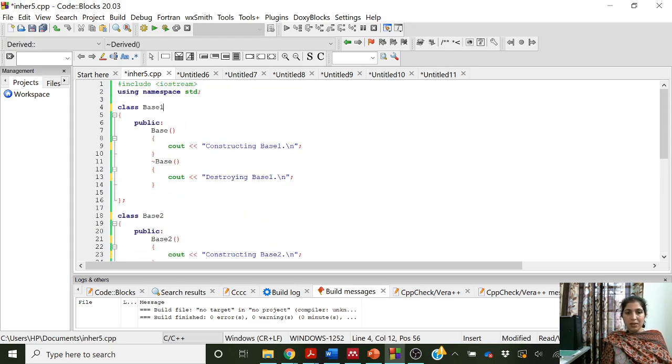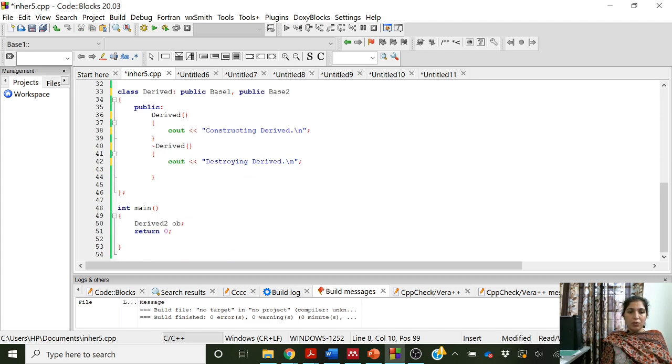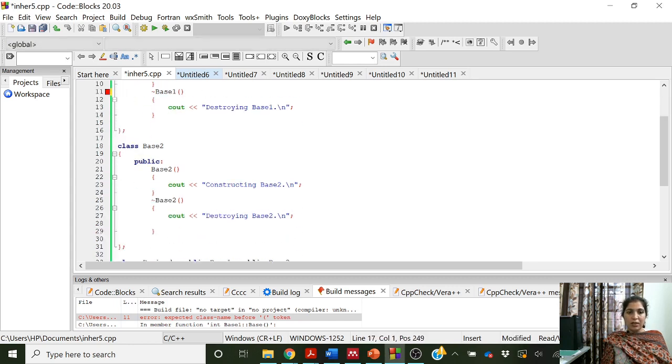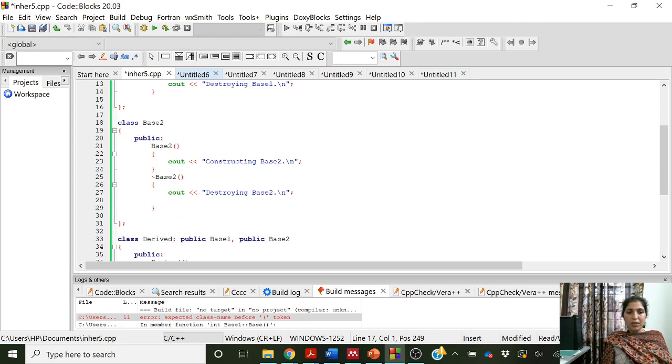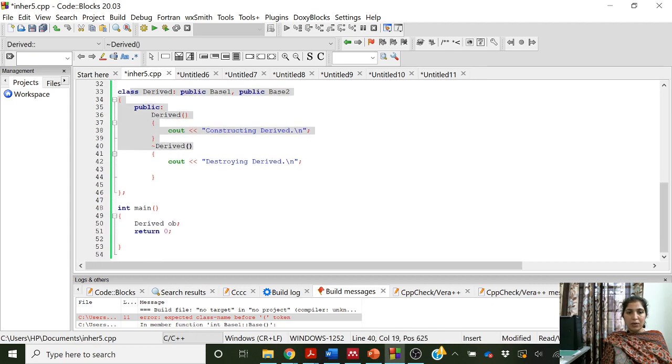Multiple inheritance means, okay, so derived 2, let us change it to derived. So we have created an object of class derived, and let us try to run this. There is an error. This is base 1 constructor, base 1 destructor, then base 2 constructor, base 2 destructor, and these two classes are inherited by derived class. Okay, and here we have created an object of derived class.